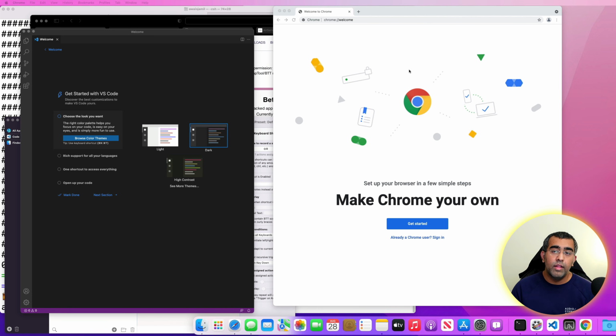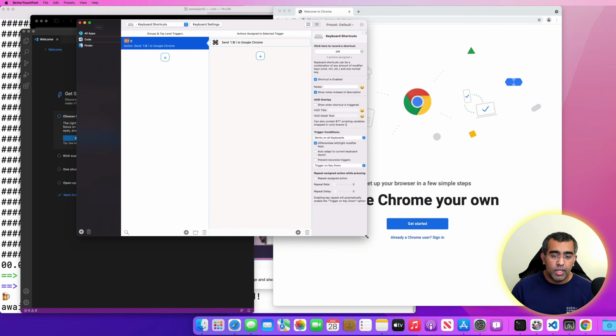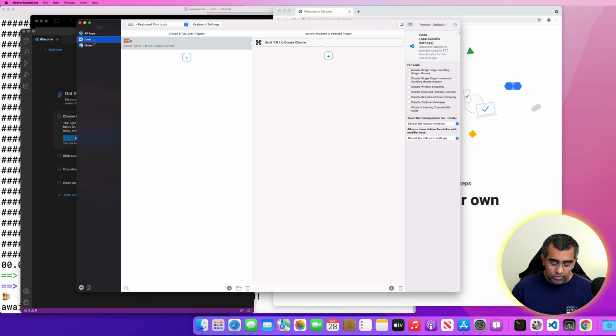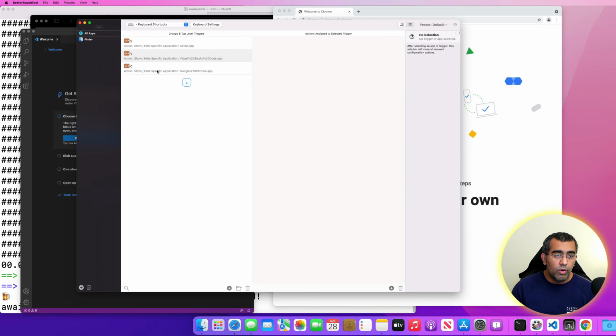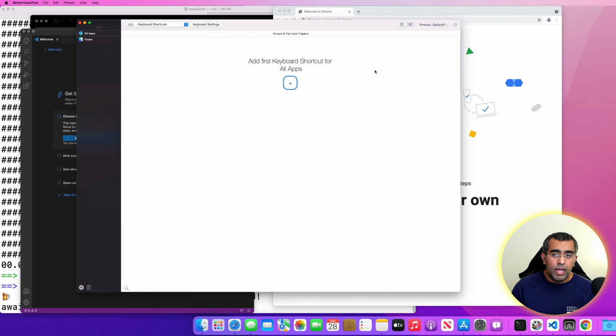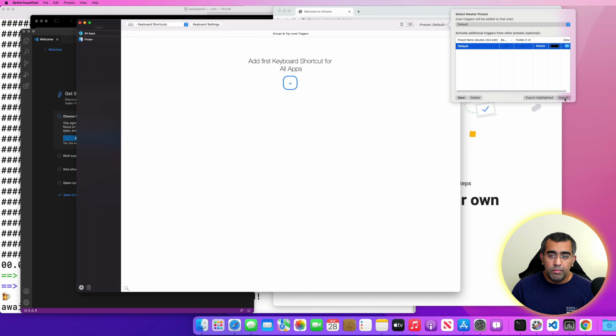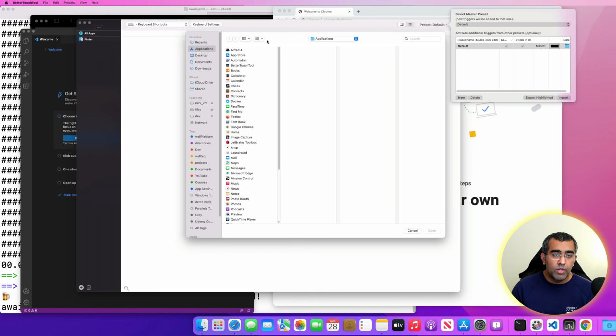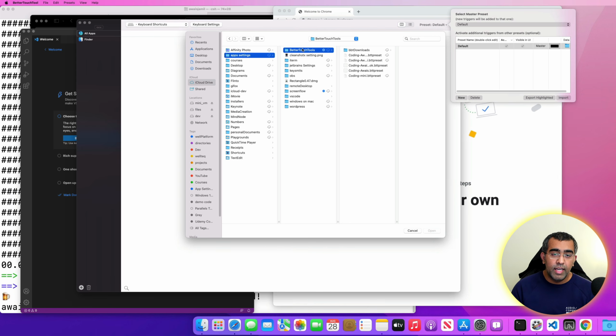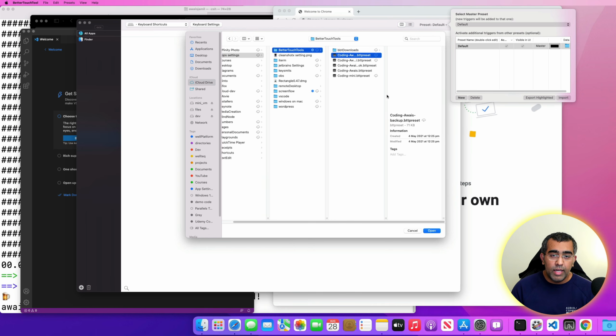I'm going to show you what extensions I use in Chrome to be more productive and operate Chrome with just the keyboard in a bit. But before that, I'm just going to bring up BetterTouchTool again, get rid of this code, and get rid of all of these commands as well. I'm going to click on import and import the configuration that I have. Basically I configure this properly the way I want, then export those settings and I can bring that back. So I'm going to go to app setting, BetterTouchTool, and I would like to see,